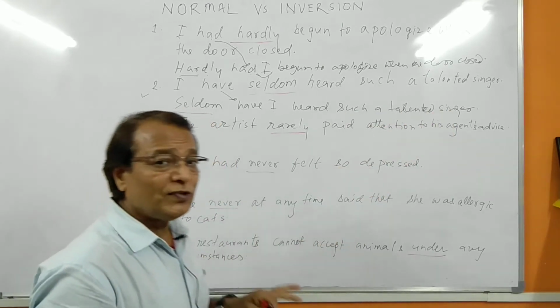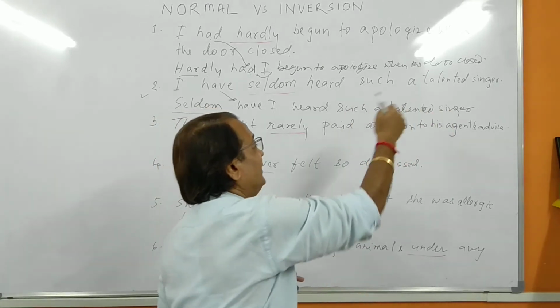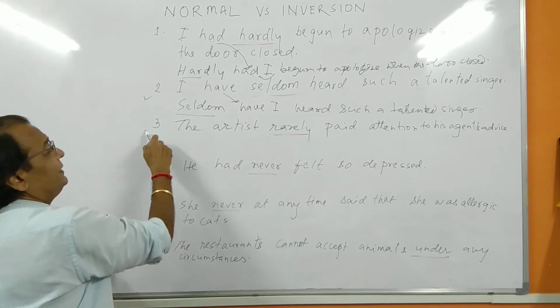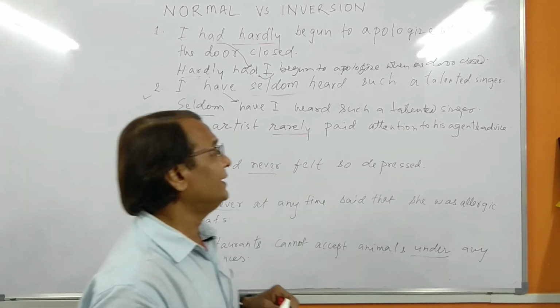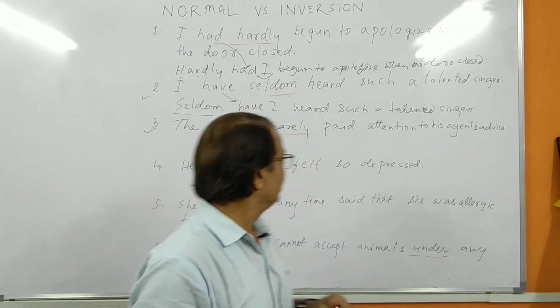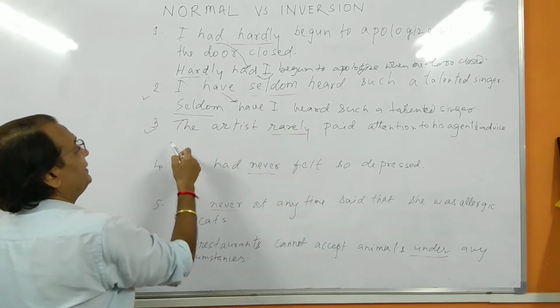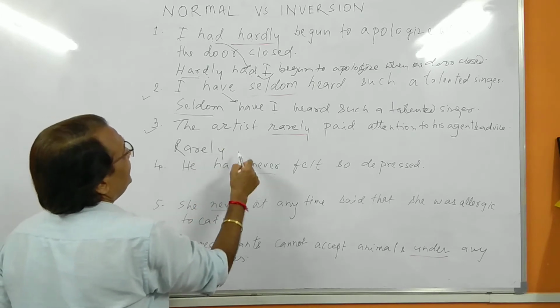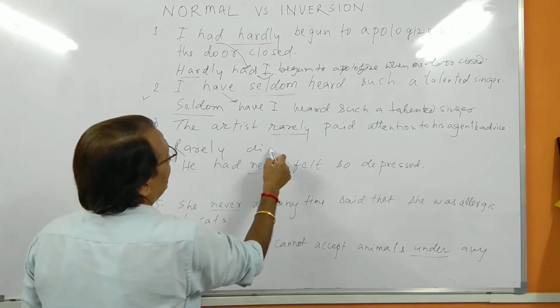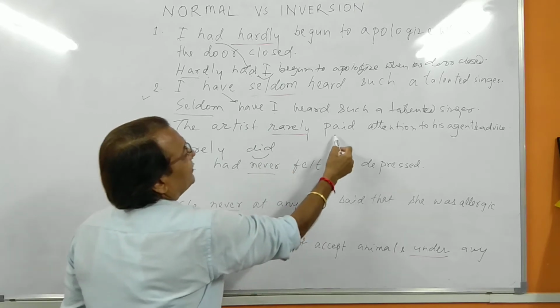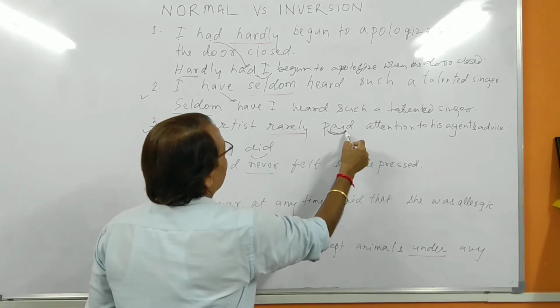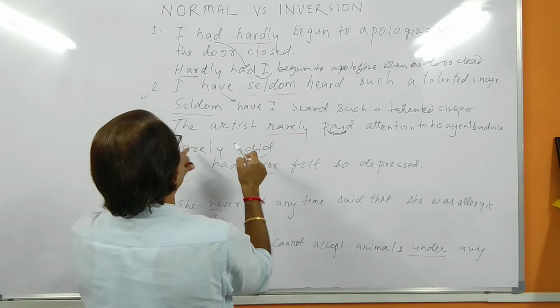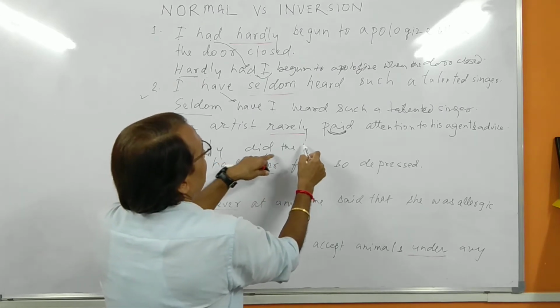So you are not supposed to make any change in this part of the sentence. Now third one is the artist rarely paid the attention to his agent's advice. I am starting this word with rarely. Again it's a negative word. Rarely did the artist. Why I am using did here? Because the word is a past word, paid. So I am adding here did. Rarely did the artist